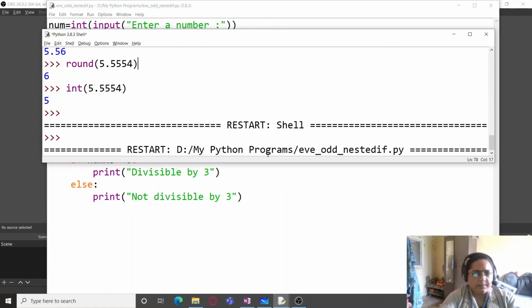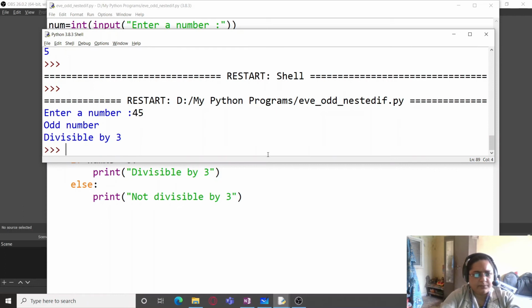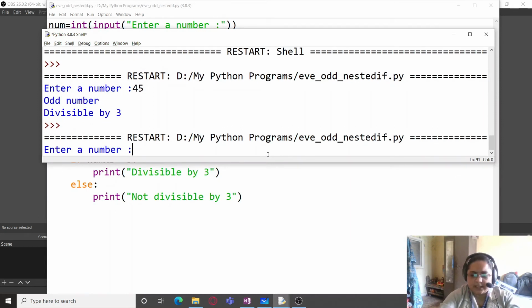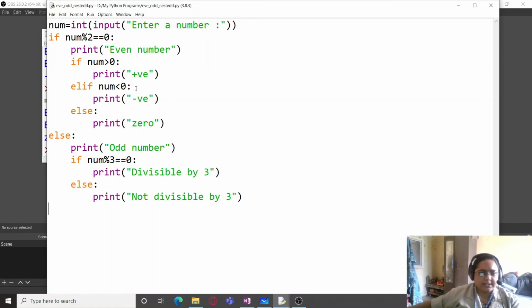Let's run the program and check. So I give the number 45 and you can see it is an odd number and divisible by 3. I write minus 48, even number, and it is negative. Okay. I give the value 0, even number, and it is 0.